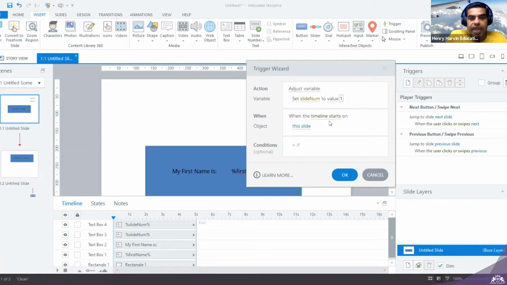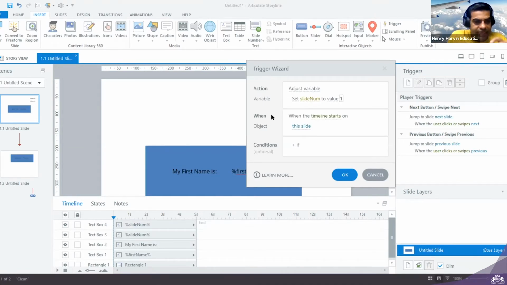When the timeline starts. All of you know what a timeline is; you learned it in your basic lectures. As soon as the timeline of this slide starts, I want to do this action. Understood? So this is a trigger window.